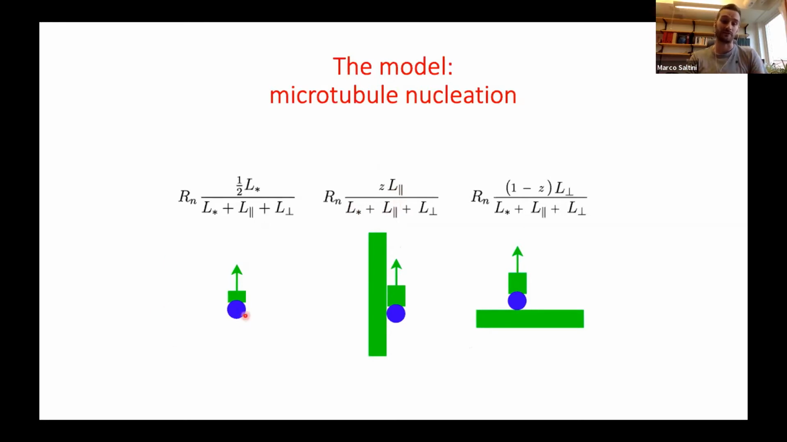So new microtubules can be nucleated either from a gamma tubulin complex located in a dispersed part of the cytoskeleton, which means it is not attached to any microtubule, or from a gamma tubulin complex located on the lattice of an already existing microtubule. In such a case, in our model, we assume that there are two possible directions for the nucleation